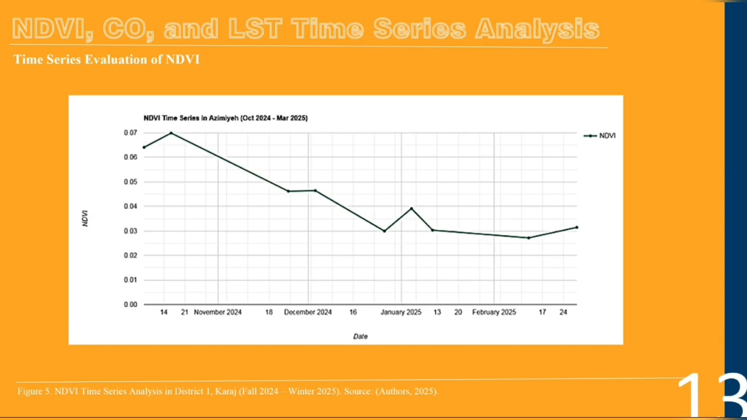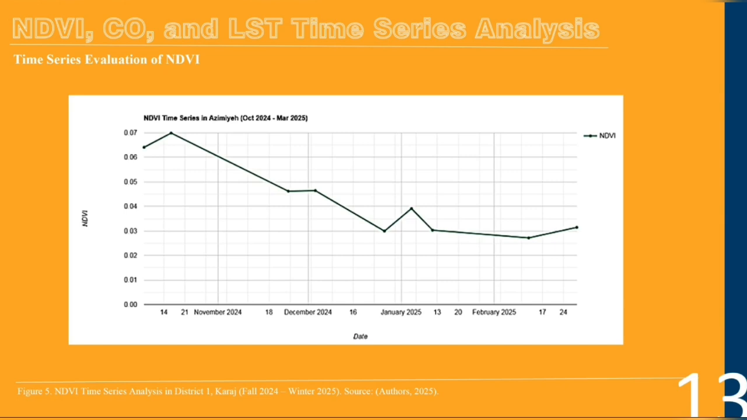The time series analysis of NDVI in District 1 revealed moderate seasonal change in vegetation cover. The greenest periods were observed between November and March, which correlate with the seasonal rainfall pattern. In contrast, carbon monoxide concentrations peaked during winter months, especially in January and February, when vegetation was sparse. On the other hand, land surface temperature, or LST, increased during low NDVI periods, particularly in summer due to reduced